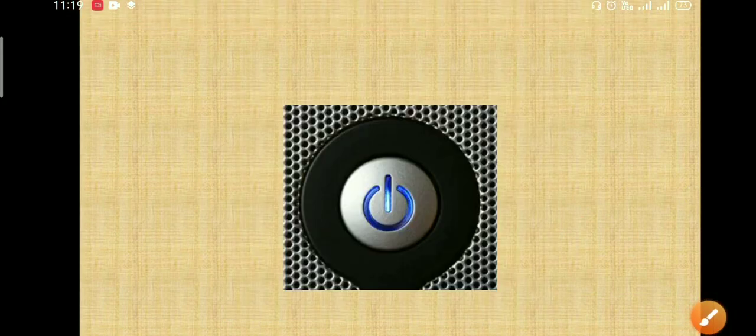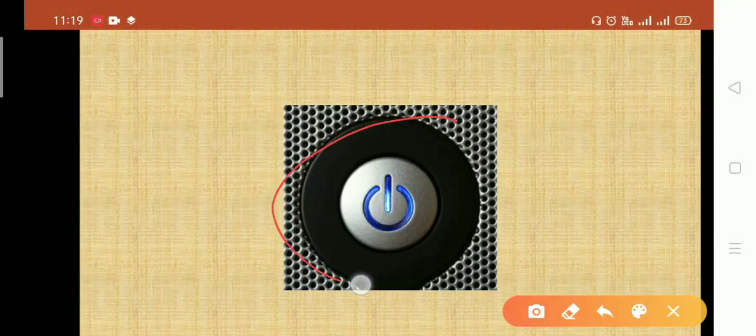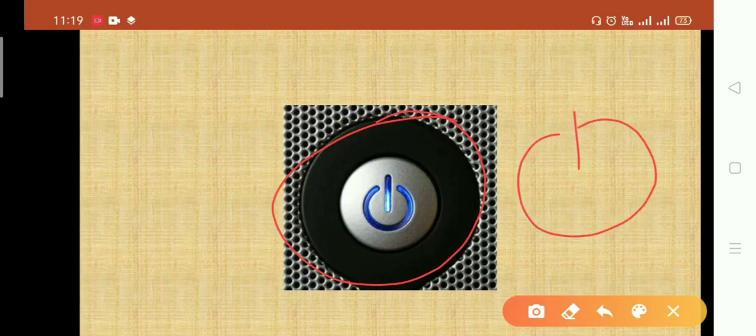Next thing is the power button. Clear? See, one more important thing I want to tell you about this power button. This symbol is the universal symbol for a power switch. Clear? If you want to start something, you need to check where this symbol is, the blue highlighted symbol.